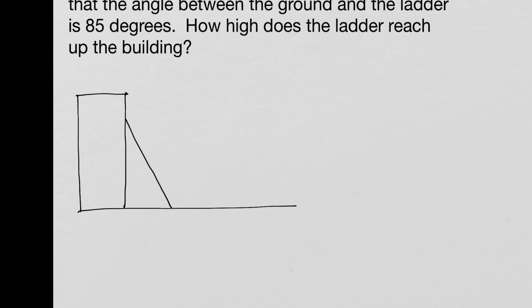We know that this angle, so basically we're assuming the building is vertical, right? So this angle should be a right angle. We're told this angle is 85 degrees, and we're looking for how high it goes up the building. I'll call that maybe h. And we also know the length of the ladder. So the length of the ladder in this case is going to be a hypotenuse. So that's 21 feet. So if we extract that right triangle,